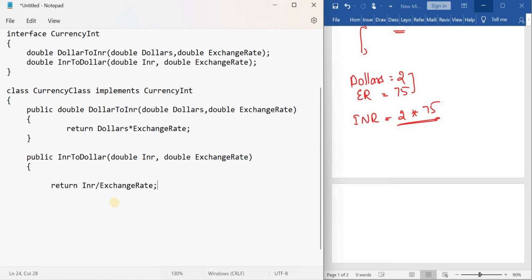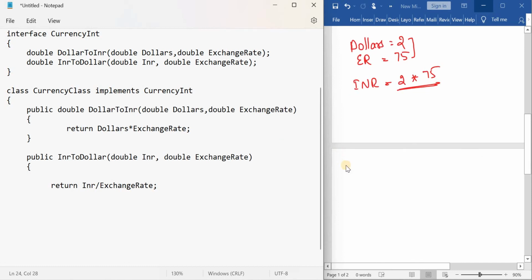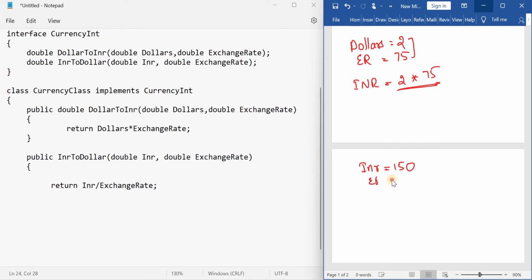So what is the meaning of this? For example, if the input, or the number of rupees is equal to, for example, 150, and if exchange rate is equal to 75 rupees, then how to calculate the dollars? So what is the formula? Indian rupees by exchange rate.